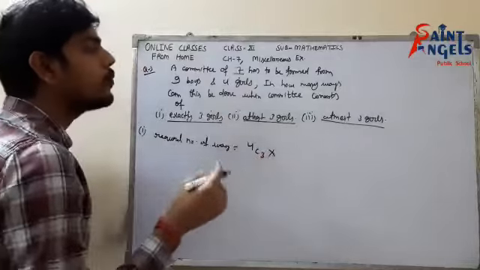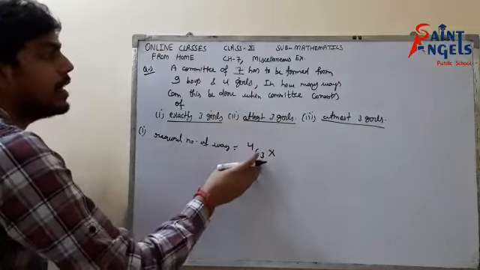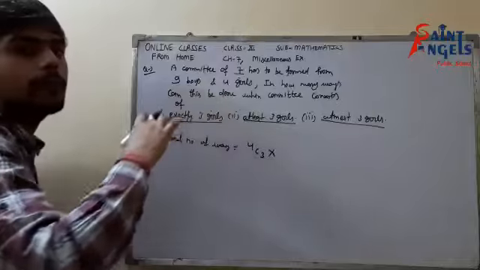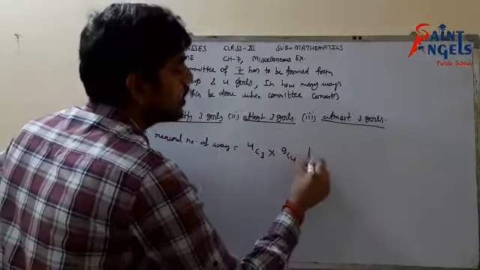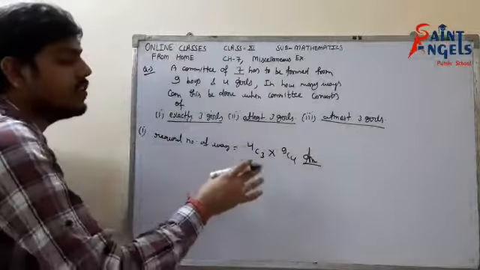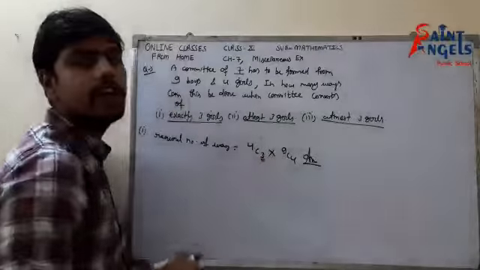Now how many more people do we have to choose? We have chosen 3 girls, and in total we have to choose 7 people. So we have to choose 4 boys out of 9 boys. So 9C4. That would be our answer. So this is the number of ways in which we have exactly 3 girls in the committee.